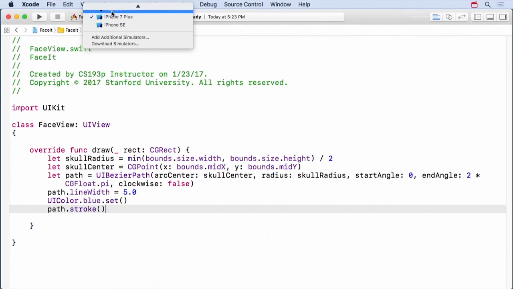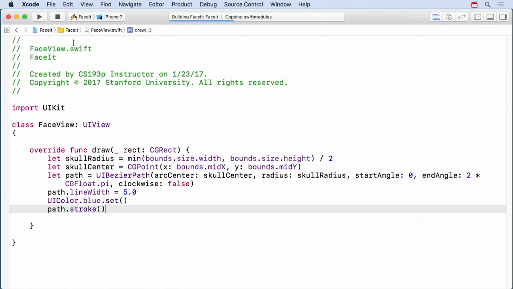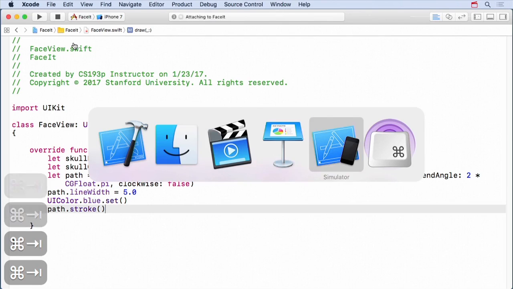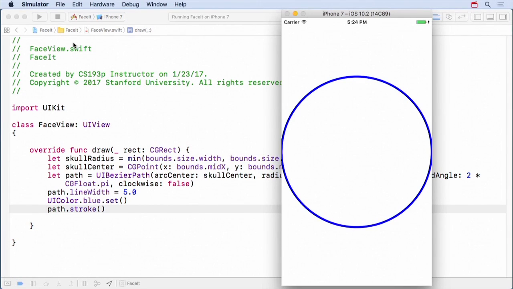Let's go do iPhone 7 here. So hopefully this is going to draw our skull. There we go, skull. Woo, first time. Excellent. Okay, now, I don't like the look of that very much because it goes all the way to the